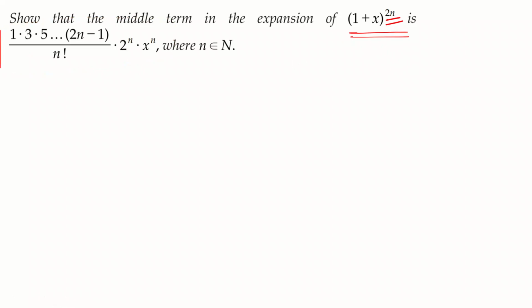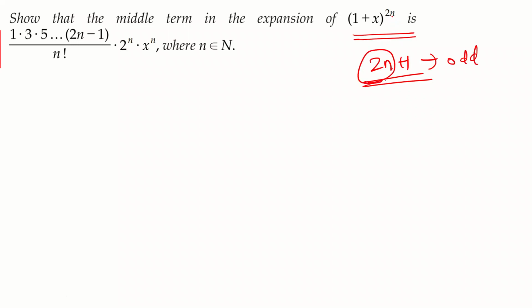Whatever n you put, say for example, if you put n is equal to 5, you get 2 into 5, 10. If you put n is equal to 6, you get 2 into 6, 12. Put n is equal to 7, you get 2 into 7 equal to 14. So every time you will be getting something even. So if it is 2n, what are the number of terms in this expansion? One more than this. So this is always odd, because 2n is always even and plus 1 will always give you something odd. Now I've already told you that if you are getting odd many terms, there is always one middle term.